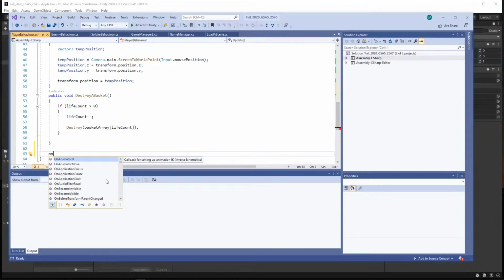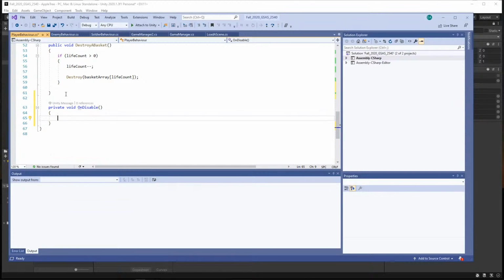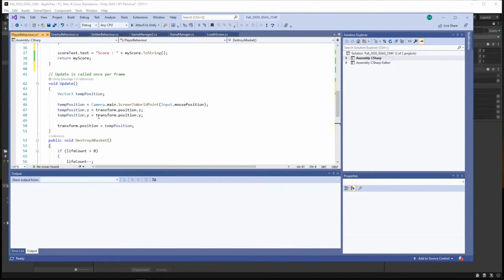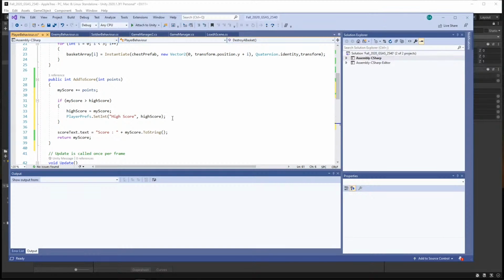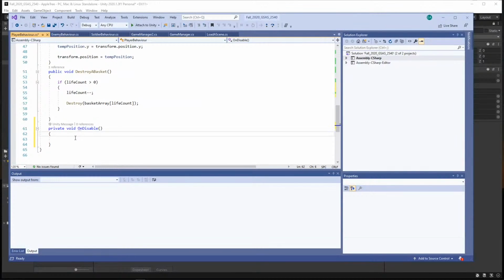On, not OnDisable. Okay. What OnDisable is, this is the function called when this behavior or this component becomes disabled or inactive. It just so happens that when the game ends, when the scene is unloaded, this happens. So it's actually kind of compelling to put this here